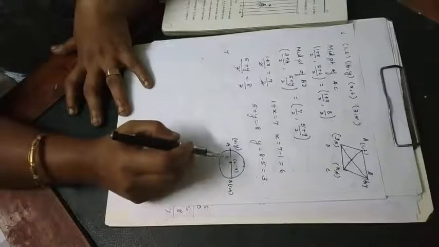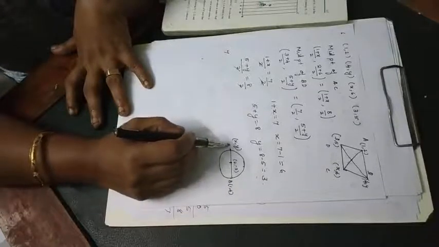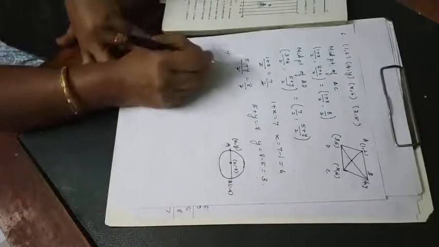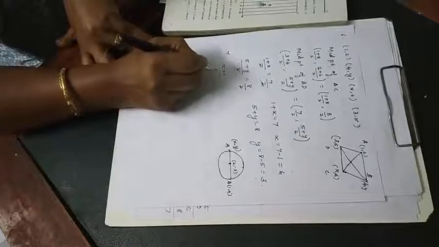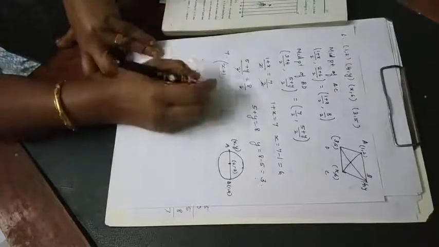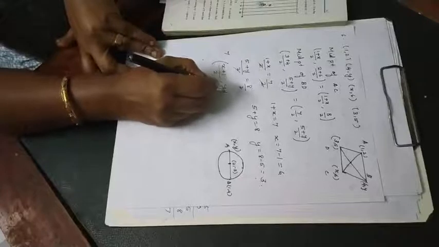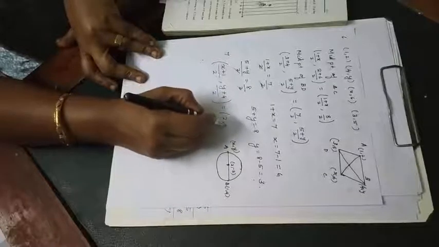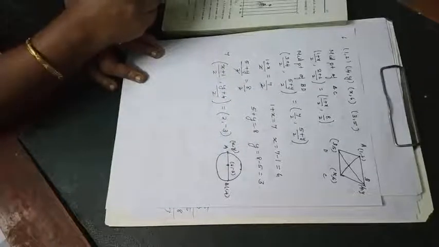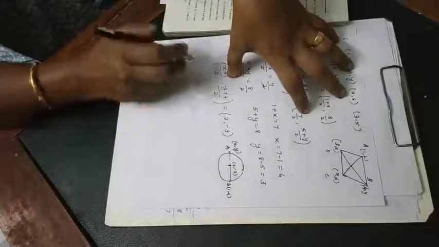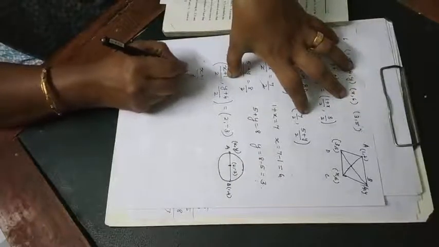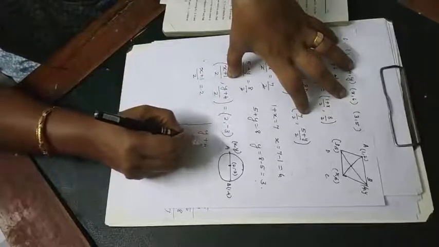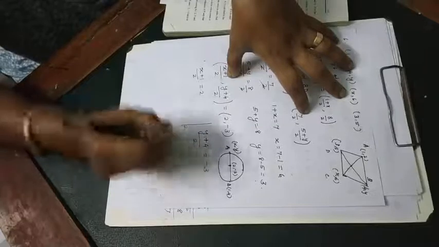Now if you are finding out the midpoint of AB, this one, the center, you will get, that is (x plus 1) divided by 2, (y plus 4) divided by 2, that is same as (2, negative 3). Now equate x coordinate, (x plus 1) divided by 2 is equal to 2, and y coordinate, (y plus 4) divided by 2 is equal to negative 3.